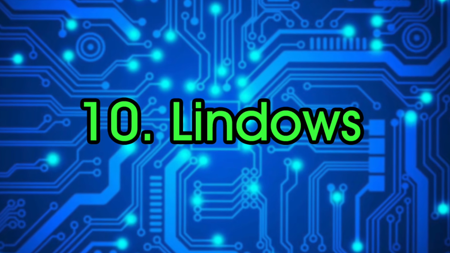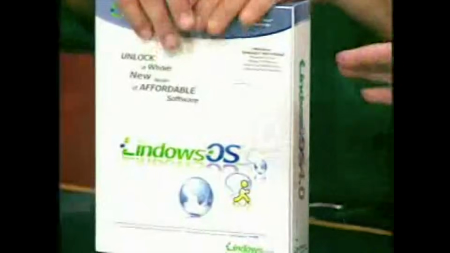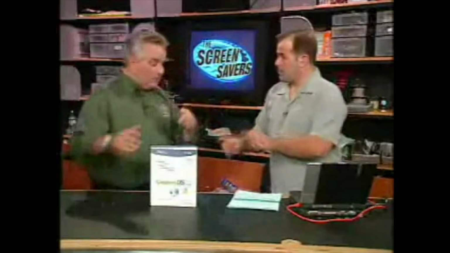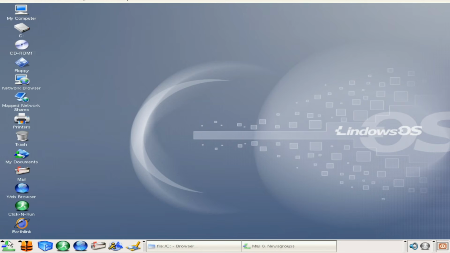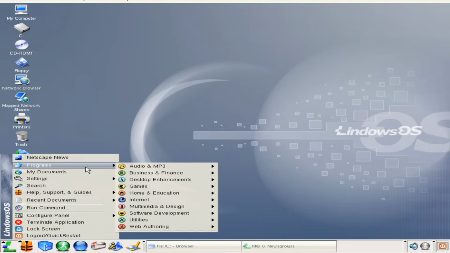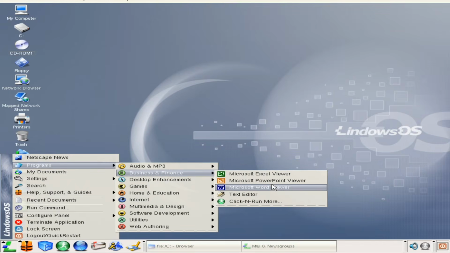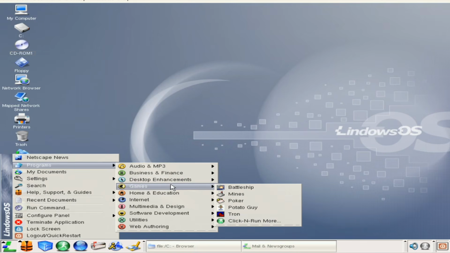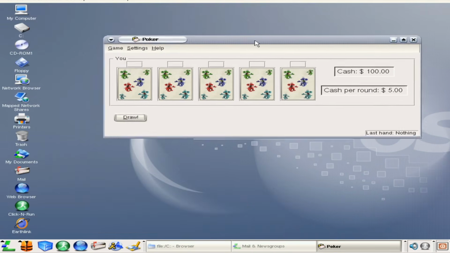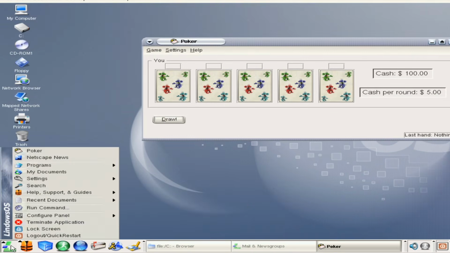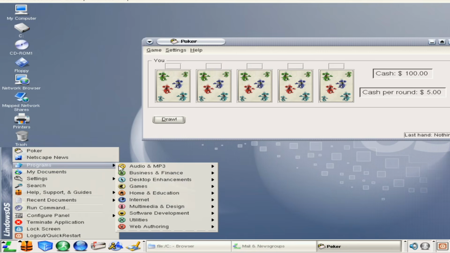Number 10, Windows. Now, Windows has been the industry standard operating system for most personal and business computers for almost 30 years now, and it's still going nowhere. There have been many attempts to topple Microsoft's monopoly on the desktop over the years, with some operating systems even trying to take that market by offering Windows compatibility within their own OS. Now, we covered ReactOS in my top 10 alternative operating systems video, and that's still in development today, but one other OS that was a commercial enterprise wasn't so lucky.